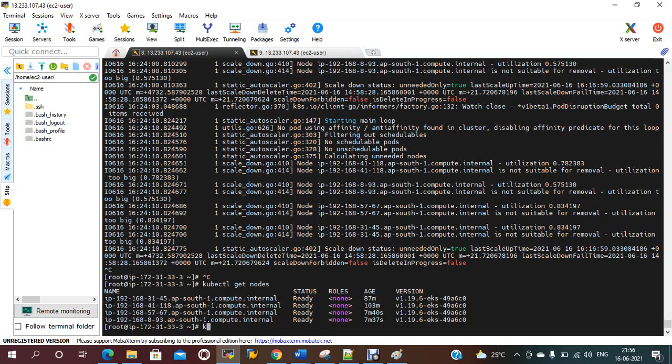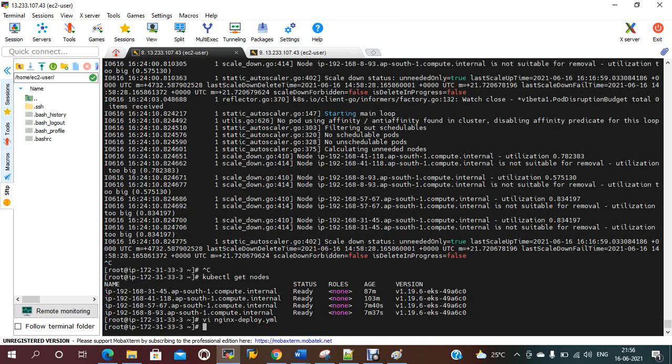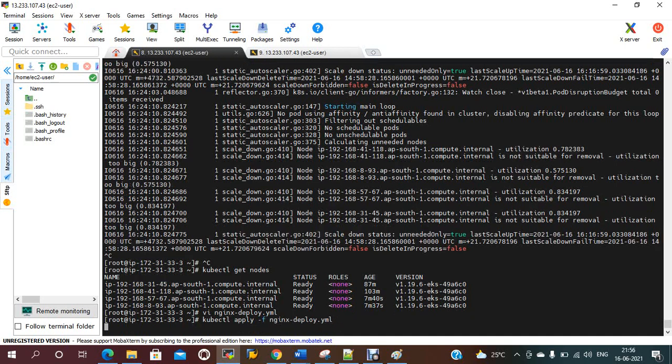Let me do that one. kubectl, sorry, vi nginx deployment. This time I'll give 5 replicas, so 5 pods should be running at all times. kubectl apply -f nginx deployment.